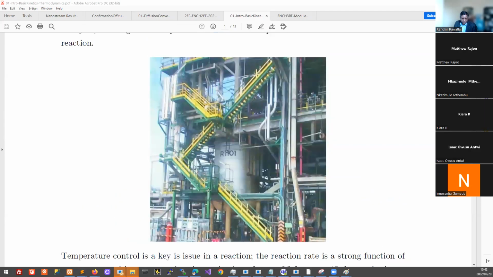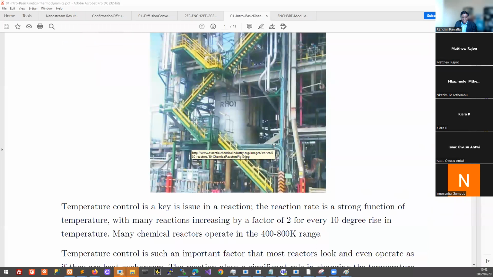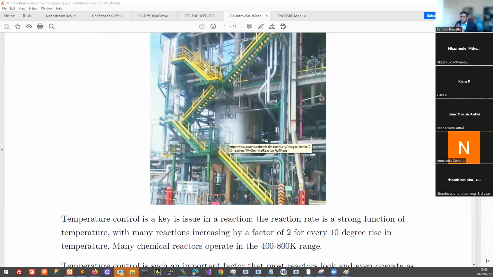Right, so our reactors, that's the scale, on the order of tens of cubic meters. And the temperature control is quite critical in these systems, right? Because our reaction rates are so sensitive to temperature, they start to look like heat exchangers, these reactors. And there was this often cited rule of thumb that the reaction rate is often found to